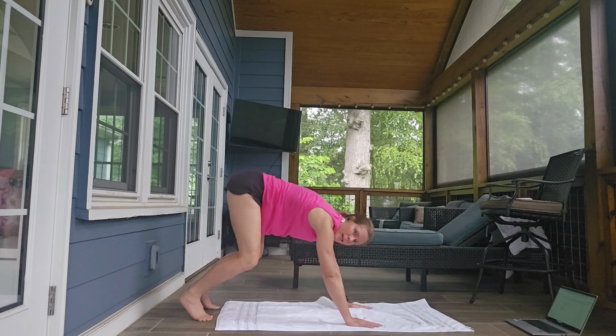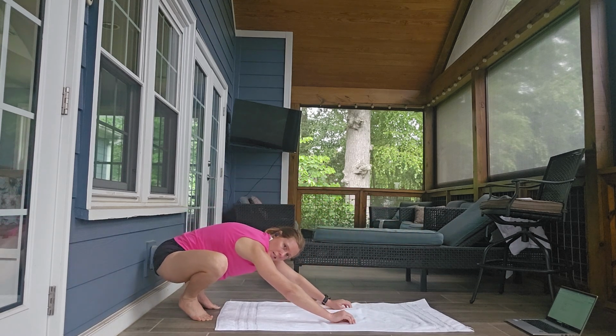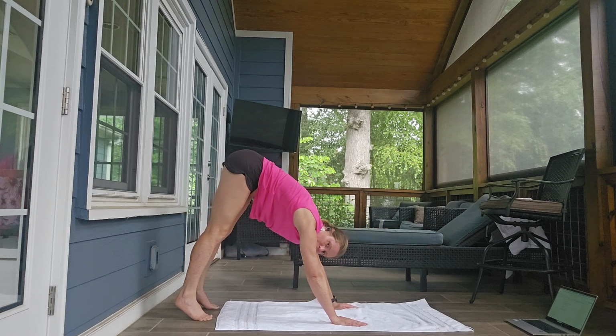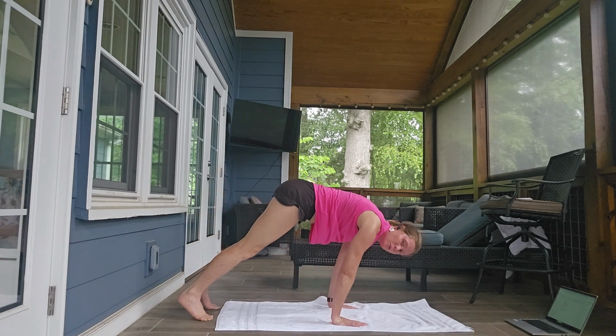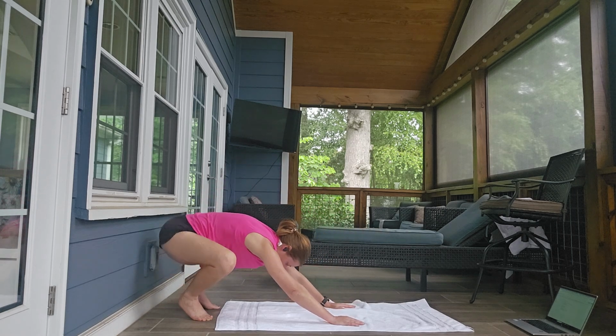So stretching through our back. Push back, coming down, then we're stretching out our hamstrings. So we come up, and push back, squat those hips down, lift up, shift forwards, push back, drop down, lift up,